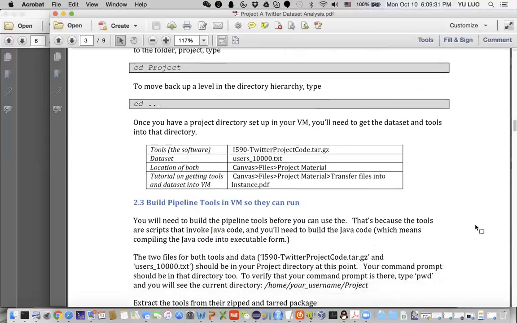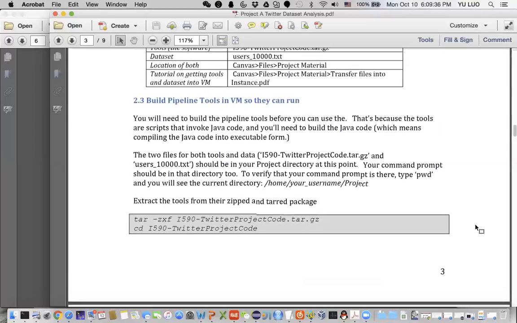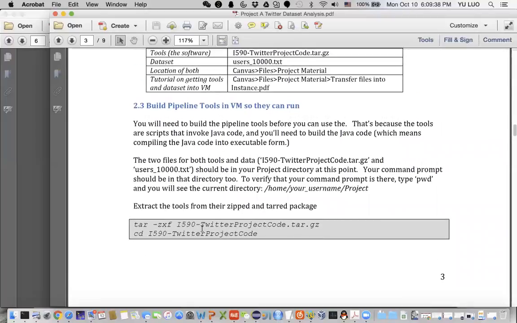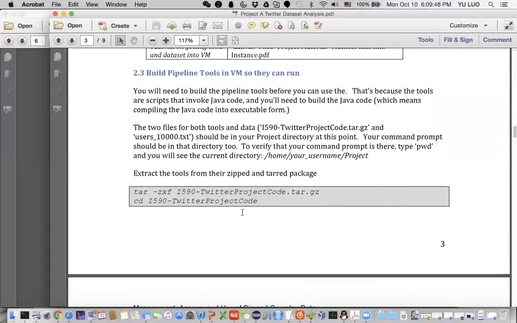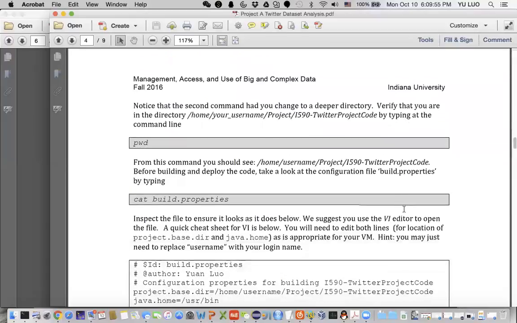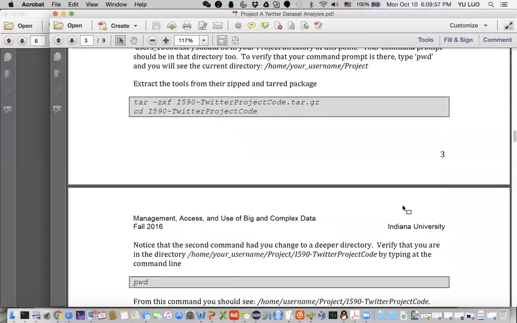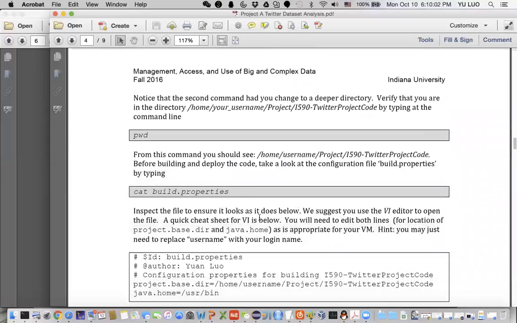When you transfer the project code package into the project folder, you then have to extract the documents from this package and go to that project code folder. This is a Java program for this project. Before you build this Java project, you have to modify